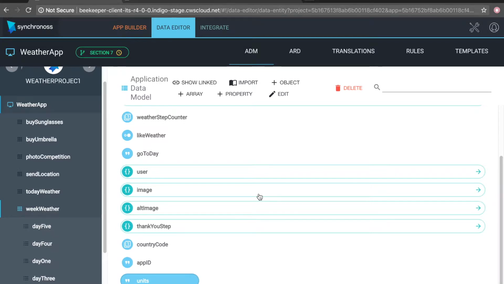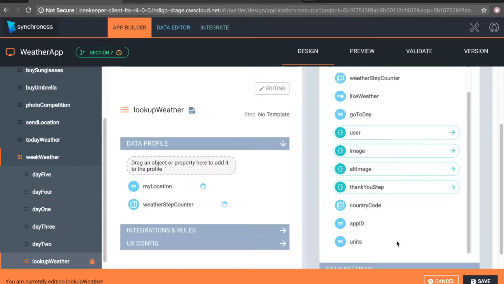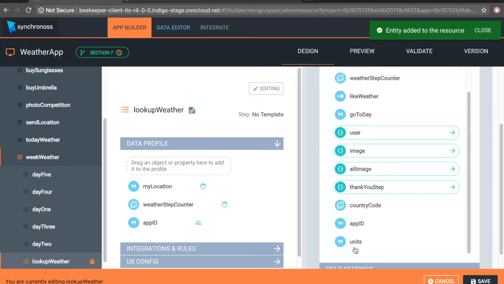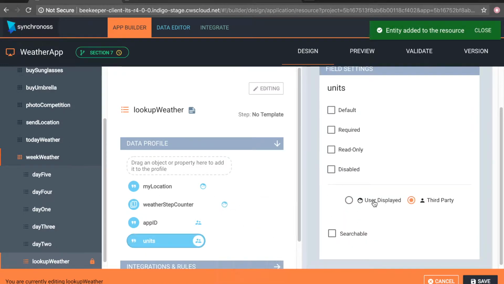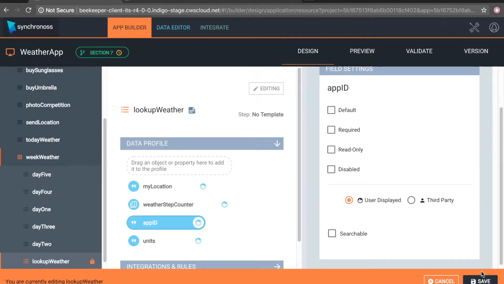So once you've done that, and now that we've added the app ID property to the ADM, let's add one more property to the lookup weather step. This property will be called units, and it will also be a string. And the description for this property is basically what type of unit we want the results to be returned in, either metric or imperial. Great, so once you've added that to the step and made it user displayed,